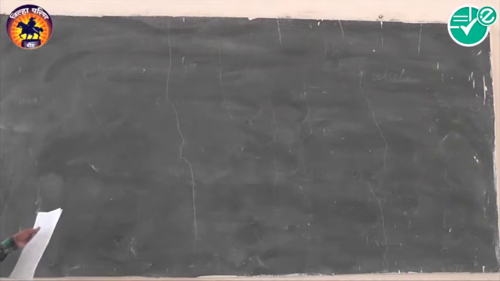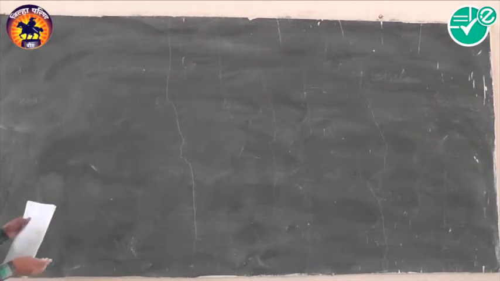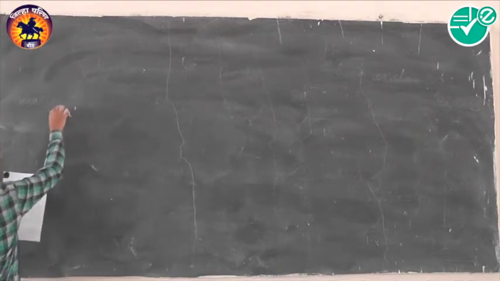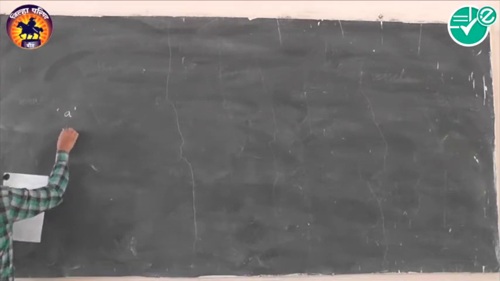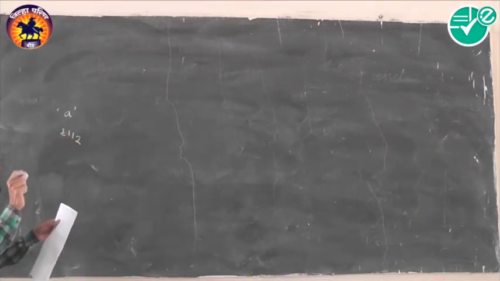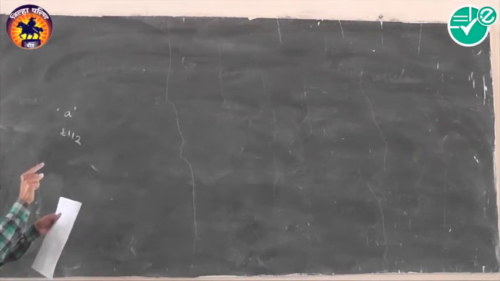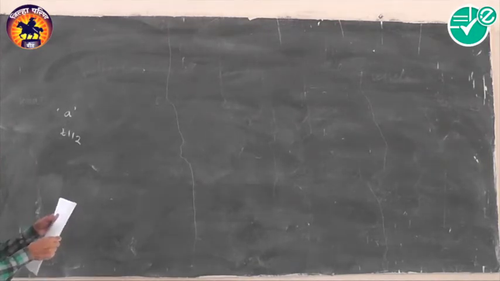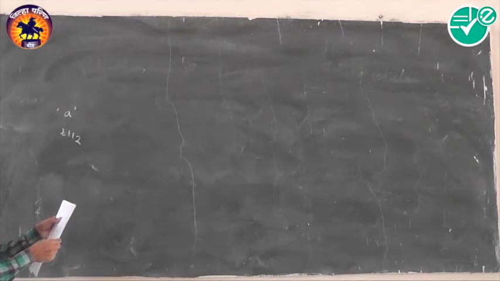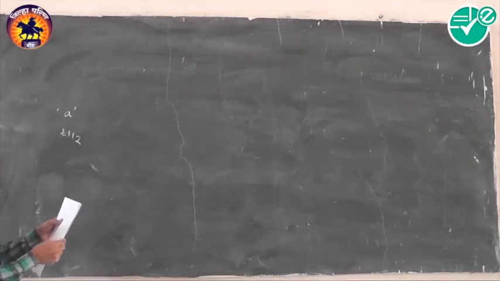Now the next objective is a simple one. They have given a small a as the initial concentration and T half as usual, and the stem is like this: if A and T half are the initial concentration of reactant and half-life of a zero order reaction, which of the following relations is correct?